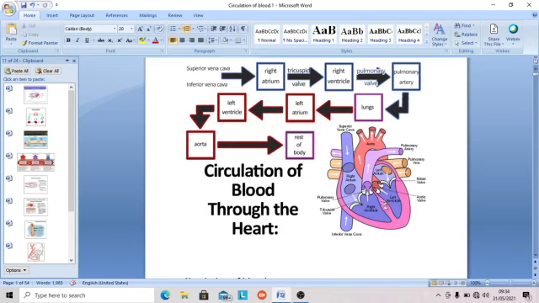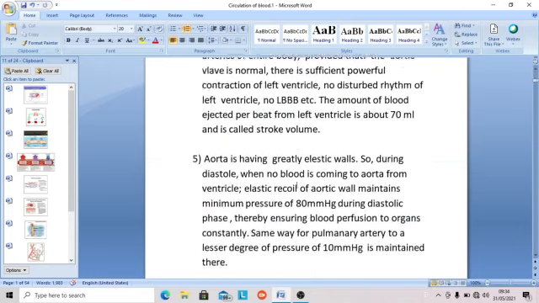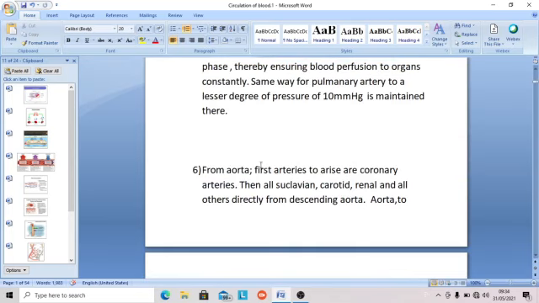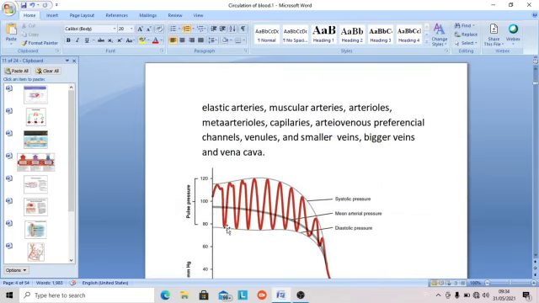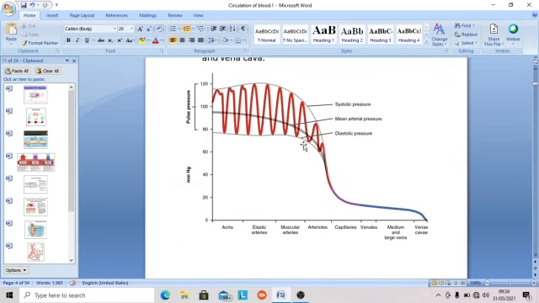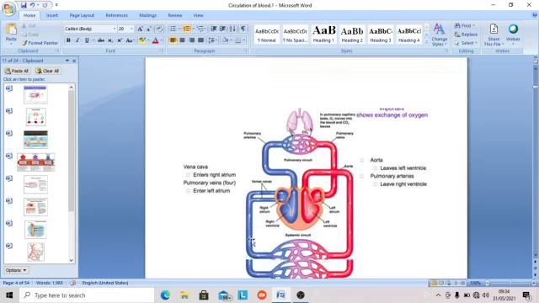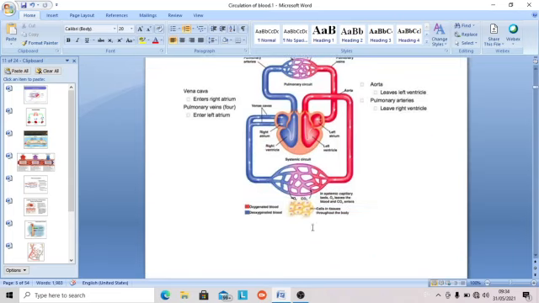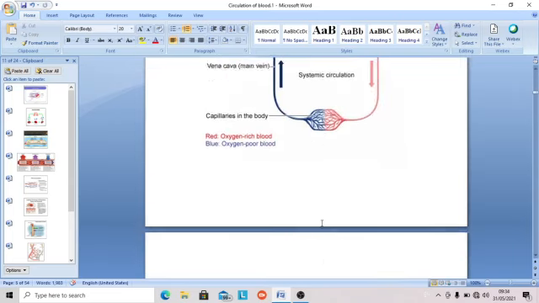The aortic valve is normal. Then during the systolic phase, it will close, it will open here and in the aorta, and it will go to the systemic circulation. This is the blood pressure, 80 to 120 in the aorta and major arteries. Then in the smaller arteries, it suddenly reduces in arterioles. Then capillaries, the same way here. This is just the repetition of the same thing.